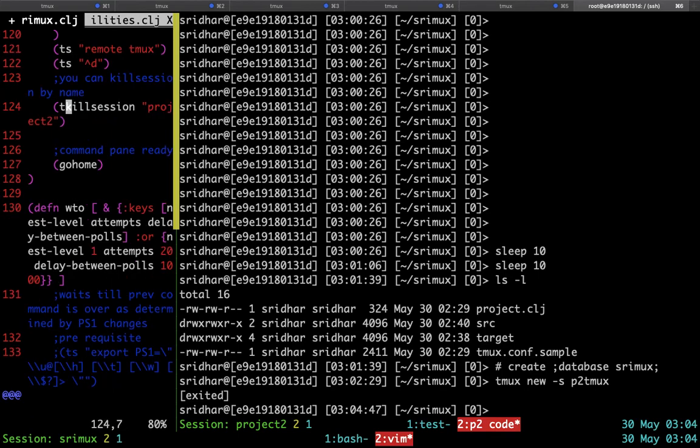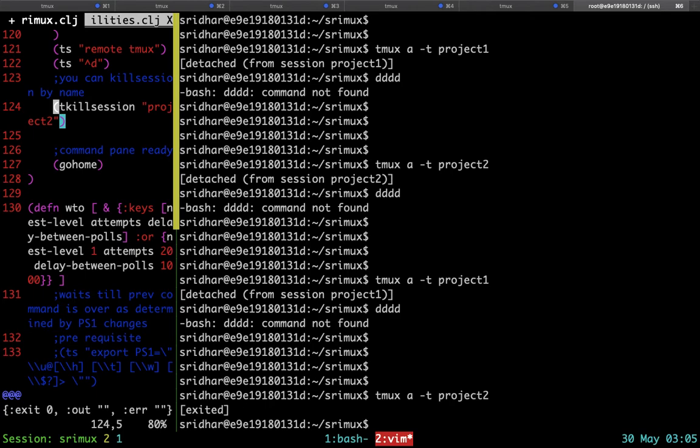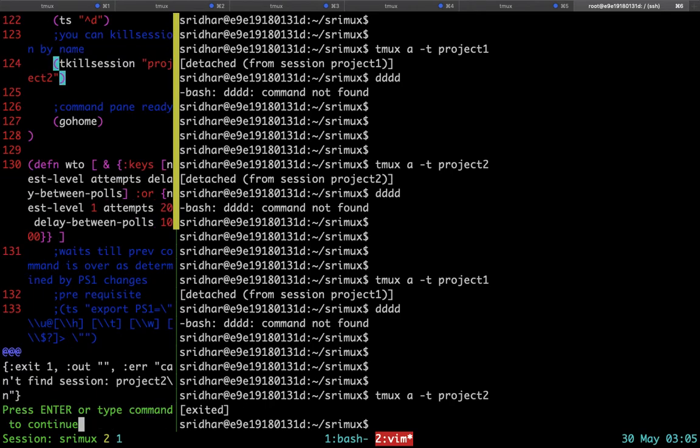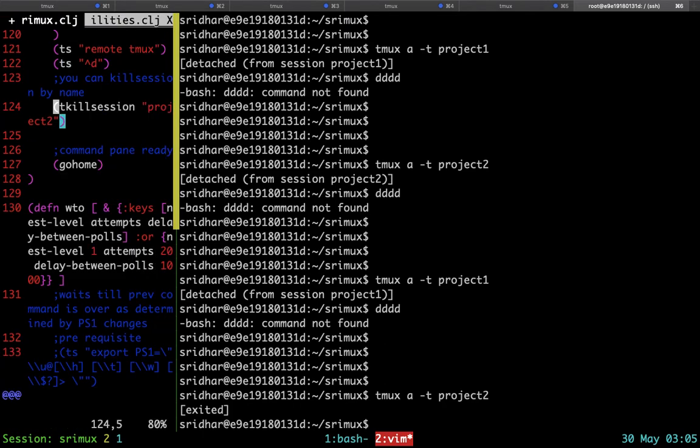And if you want to kill a session, you can use the tkill session command like this. So now you are killing the whole Project 2 session, and you can call it multiple times as well. You can ignore this error. This command kill session is very useful to kill a project that is used as a shell to connect to a remote SSH server. Killing session and retapping the SSH command is how you achieve reconnection.